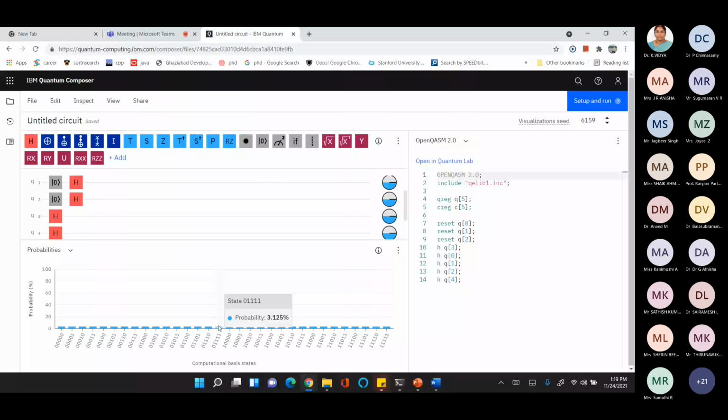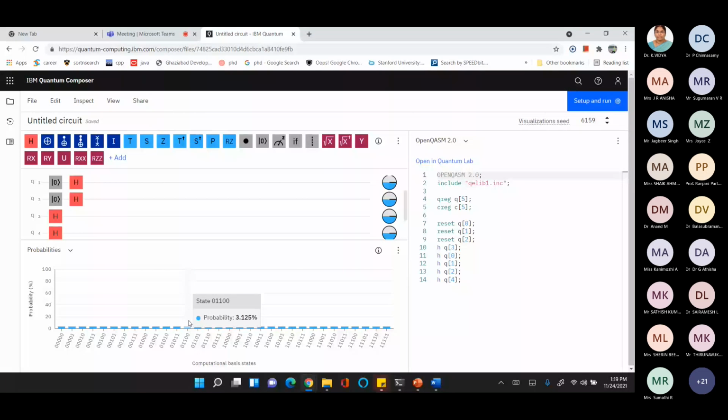Understanding this thing, my answer's probability should increase, because if I get this kind of distribution on running some program, then I cannot distinguish my answer, that is 0 4 times 1, from the others, because all are equally likely, so I cannot distinguish. So in the quantum algorithm, what should happen is that my answer should have more probability and the unknown answer should have less probability. So that is cleverly done in quantum algorithms.